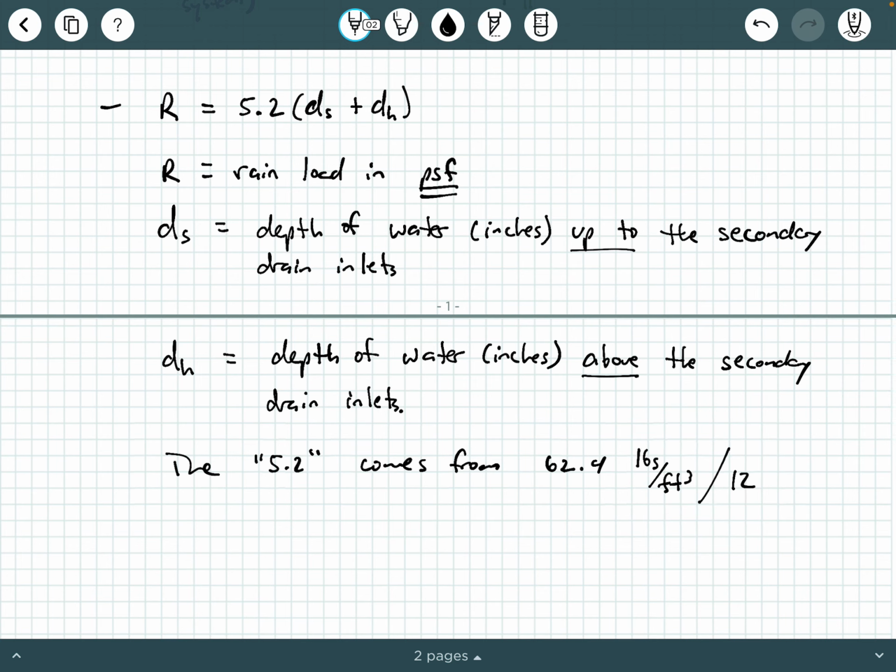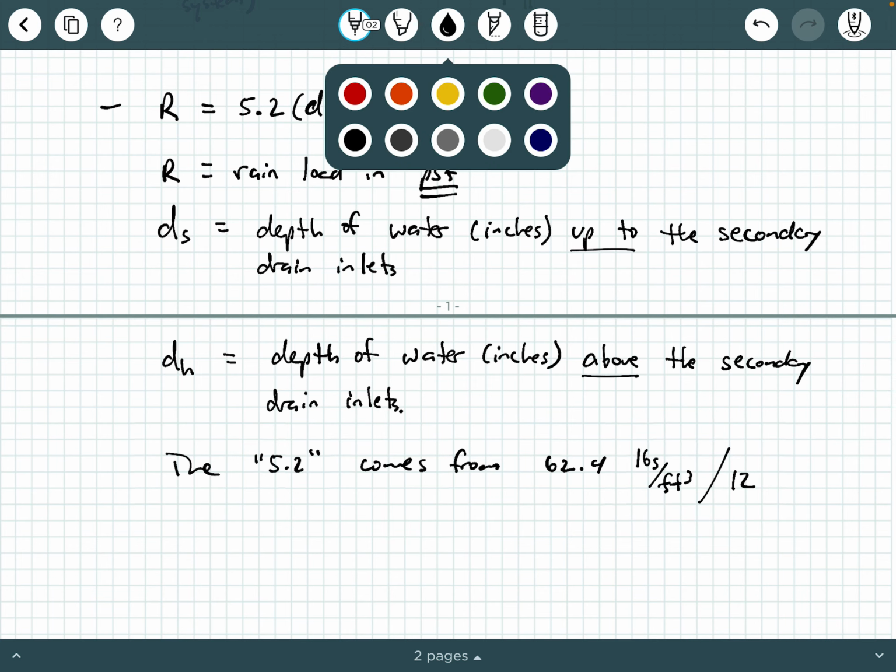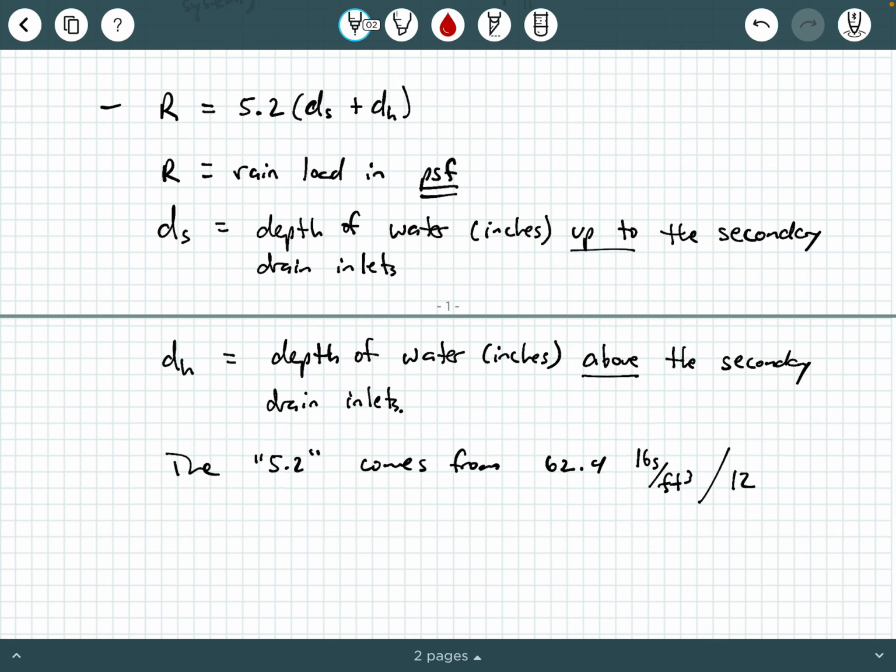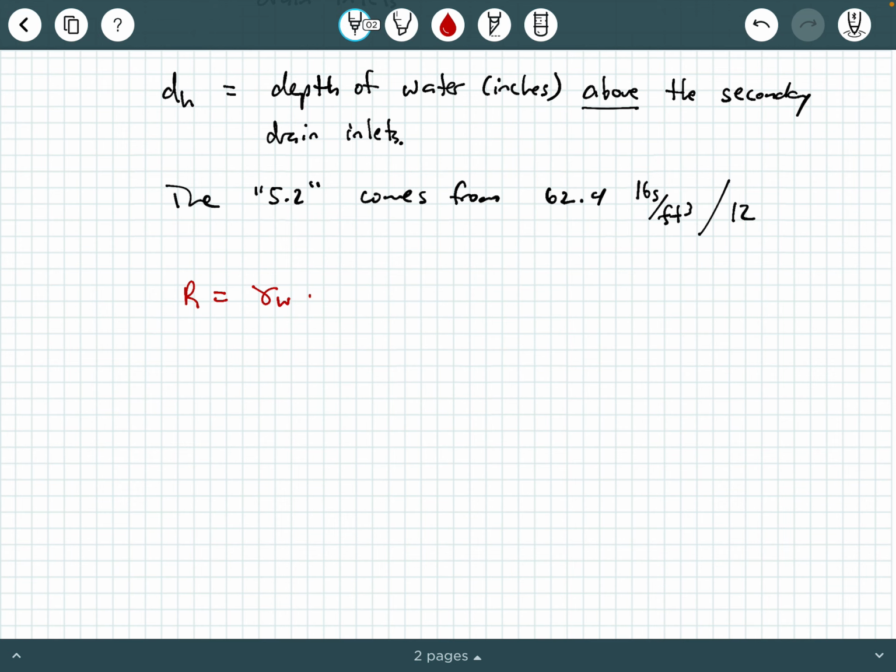Okay, so essentially, just giving you some background information on this equation, what you have is R equals gamma water times a depth, call it D, and if D is originally in feet, we divide by 12 to convert D